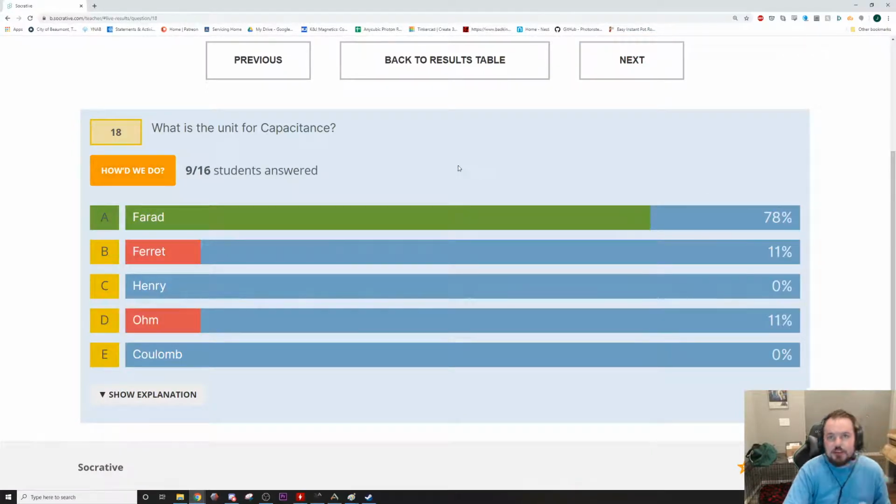Capacitance is measured in farads. Okay, here's where we're back to the important stuff. Capacitance is measured in farads, and that is